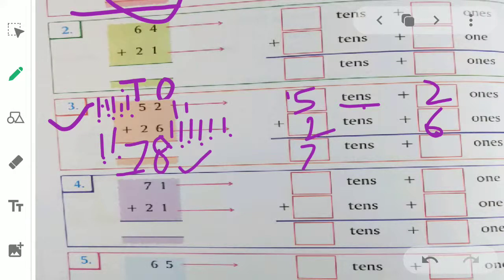At the place of ones, we have got 8. So here we have to write 8. So this is the concept of tens and ones, that whenever you get these kind of sums in the exams, how to place the digit in the correct position. Digits which are given at the place of tens, we will keep them in the boxes which are given in the place of tens only. And the digits which are given at the place of ones, unko you will place in the boxes which are given in front of ones.